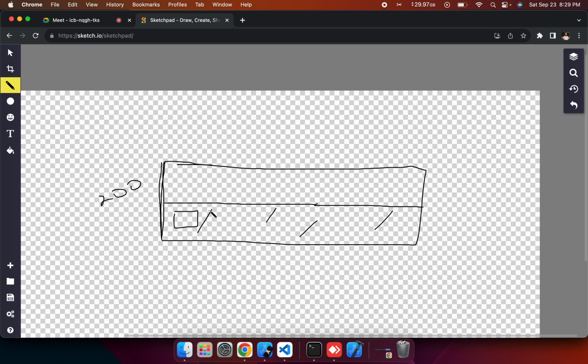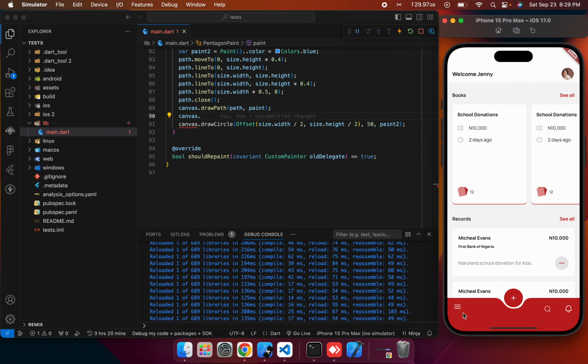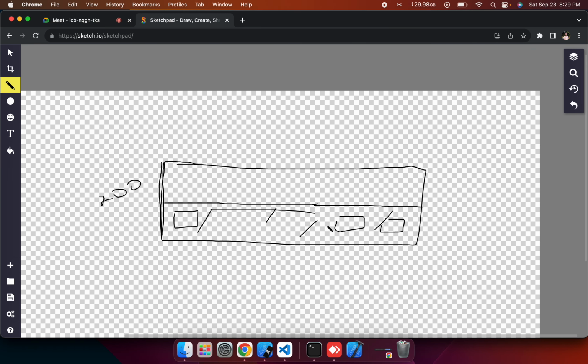I use a spacer, and then I put the other two icons. Okay, so this one is pretty straightforward. So this is a row. So this is the first icon, then I have a spacer here, then I have the other two icons, right? So the next thing I did was to not draw, I just put